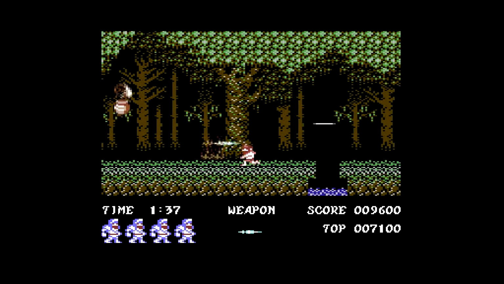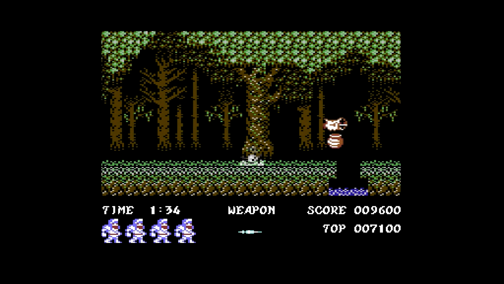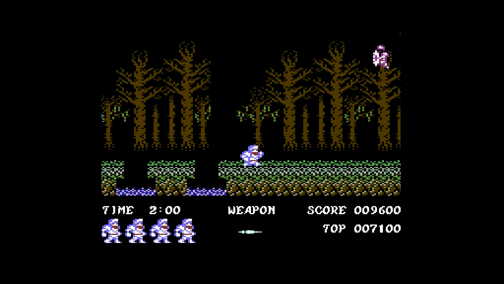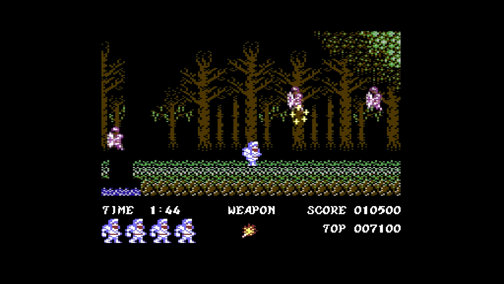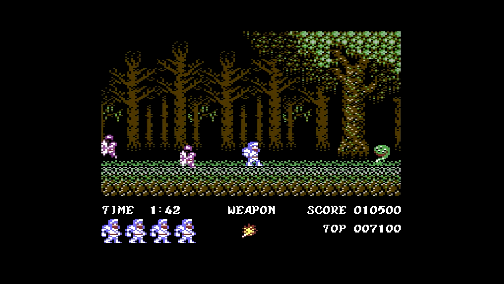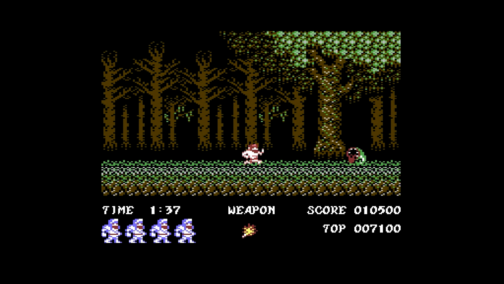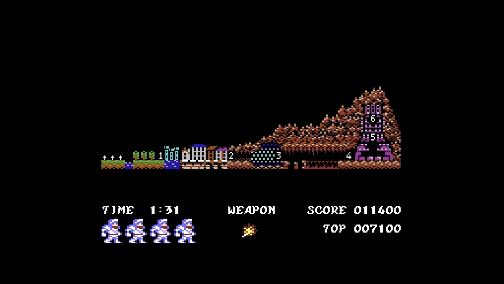Okay, moving on. I'd like to kill this one if I could, but yeah, even the simplest enemies are so dangerous and deadly in this game. Correct me if I'm wrong, but it seems like the torch weapon is working way better than it normally would, because it's moving super fast. Not that it's helping me, but...